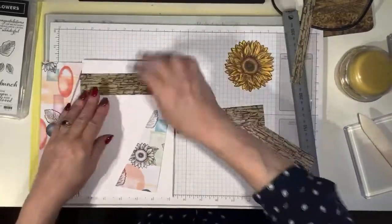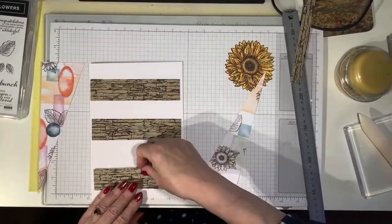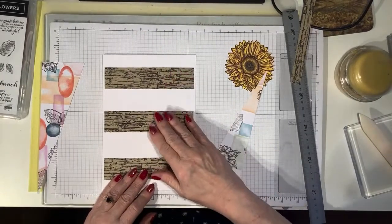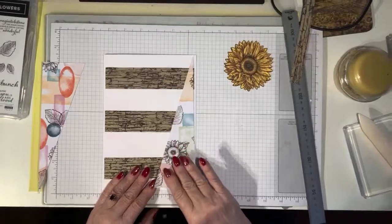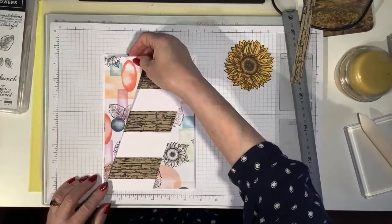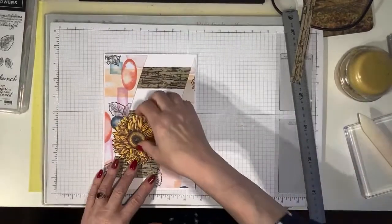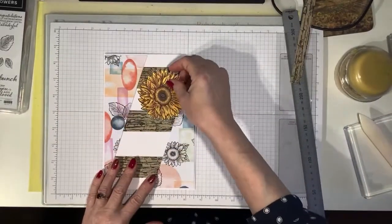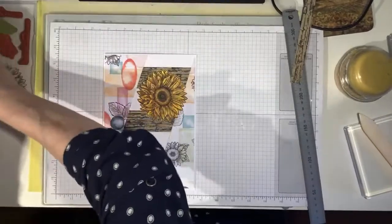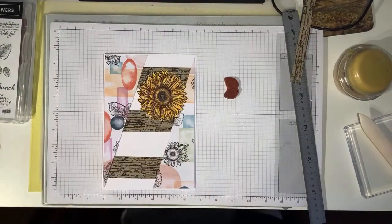Right, so the idea is we pop these behind like so, and these will go back like so, and my sunflower can go there. In fact, I'm going to put my sunflower here. I'm going to stamp a couple of leaves. So if I grab this block,